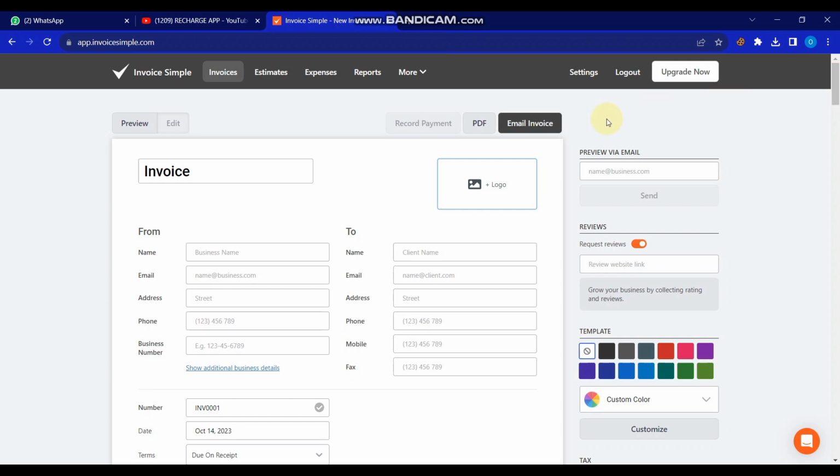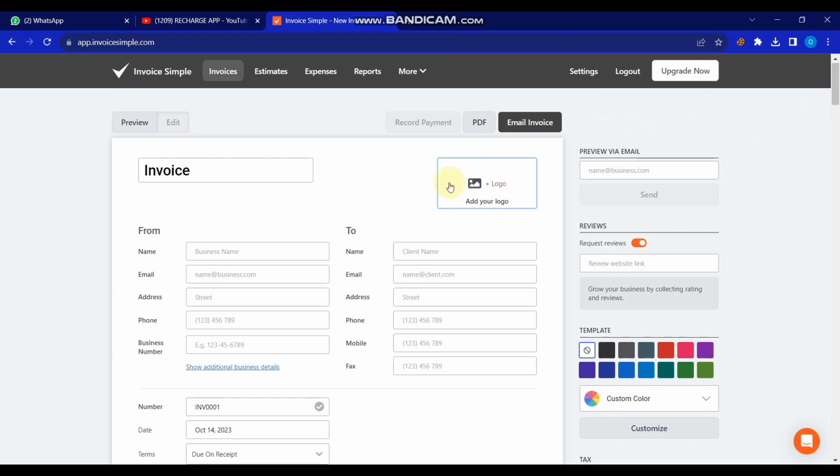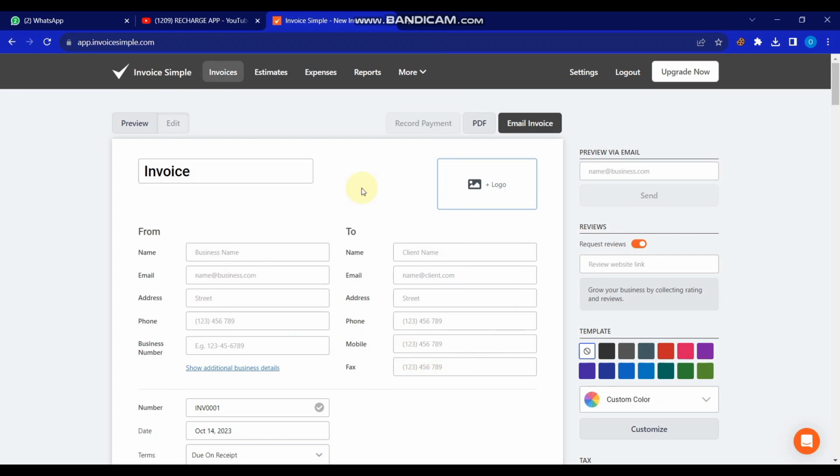So the first thing I'm going to do, I'm going to get my logo for my business, and I'm going to insert it over here in the logo section, and I'm going to change this invoice into receipt because I want to create a receipt, not an invoice. And I'm going to get my business information and the customer business information. So let's begin. So for the logo, I'm going to insert,